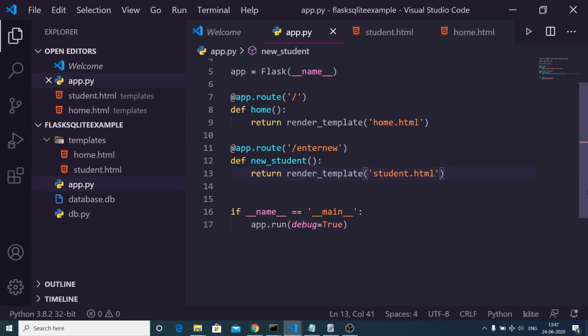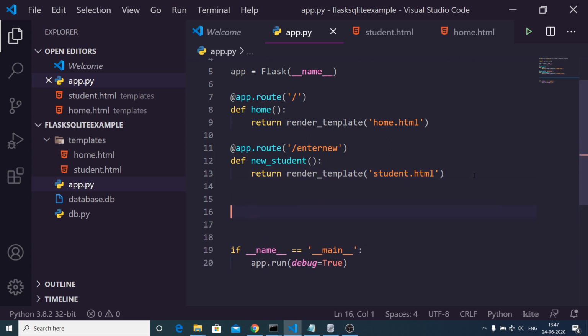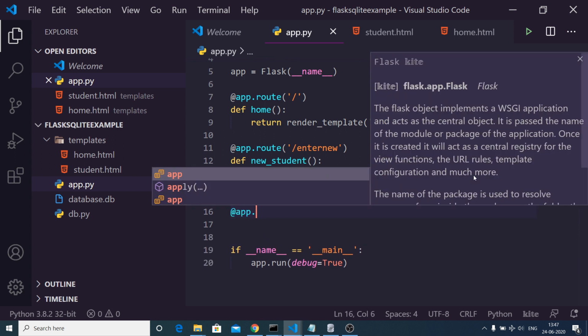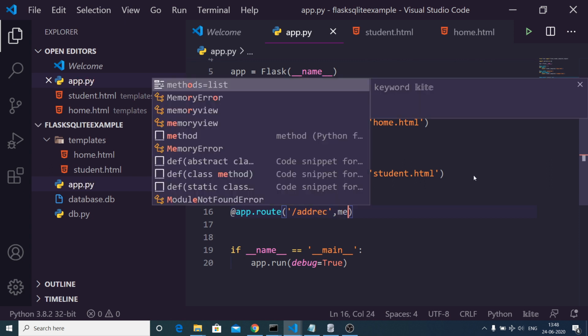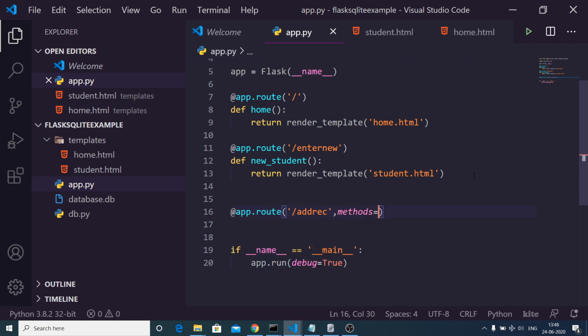So after you create this, we need to create a simple post request, post route. So here you will write app.route, and inside this you will mention slash add record, and inside our method section, you need to have this array.